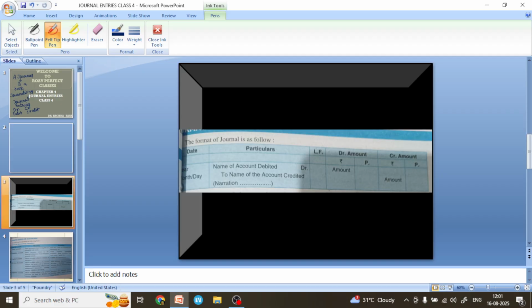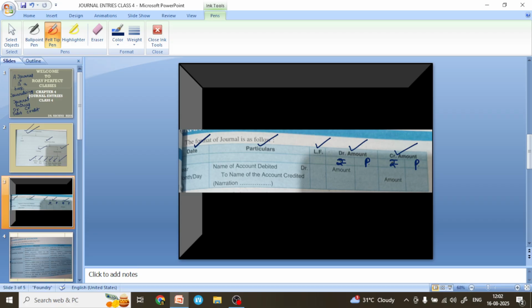Now next, this is a format of journal entry. I have already discussed with you what the steps are to enter the journal entries, and this is the format. First, we have to pass date, then particulars, then ledger folio, then debit amount column, then credit amount column. These are the columns of this format for entering the journal. And after that, we have to write here rupees, here paisa, rupees, paisa, and then we will pass the entry.